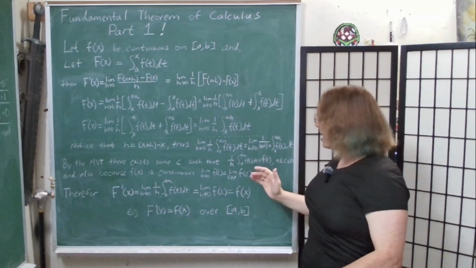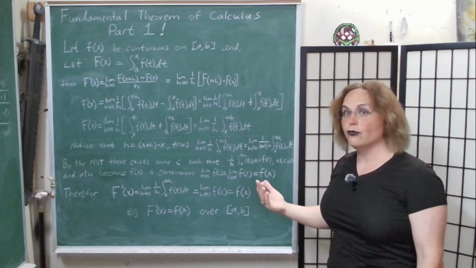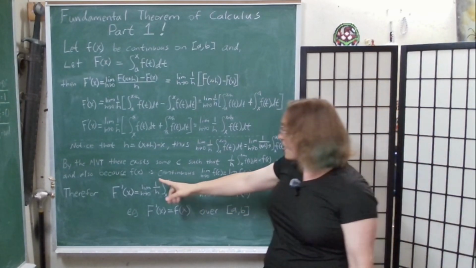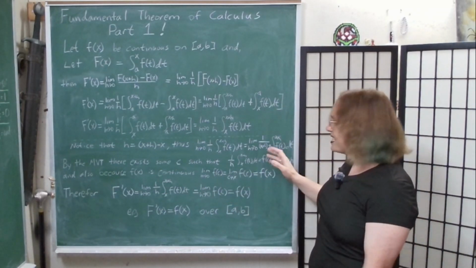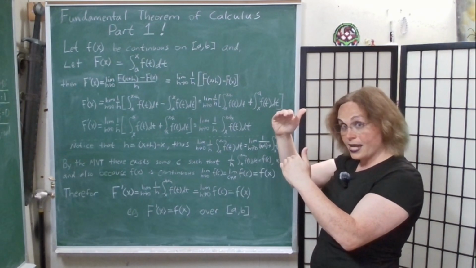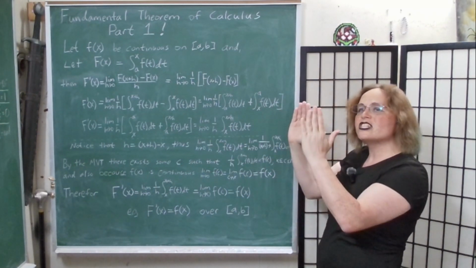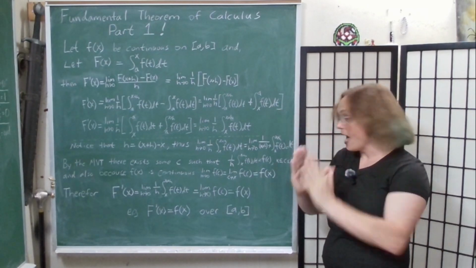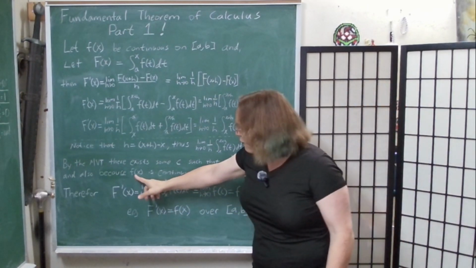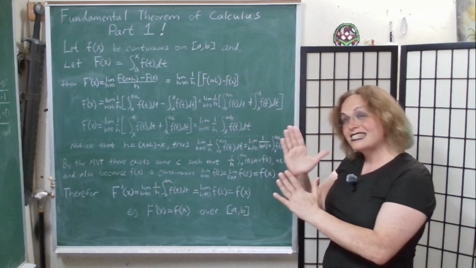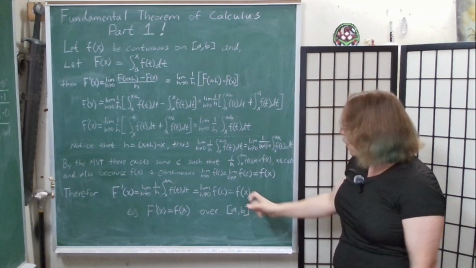So what that does is lets us set up the mean value theorem, so we can now find some c that exists in between the x and the h. As that h approaches 0, it squishes that c down towards the x. So because f of x is continuous and that c exists between the h and the x, what happens is